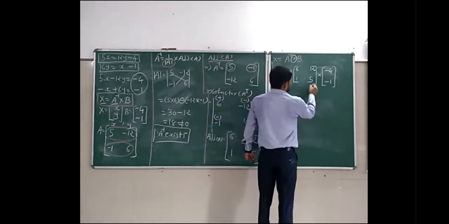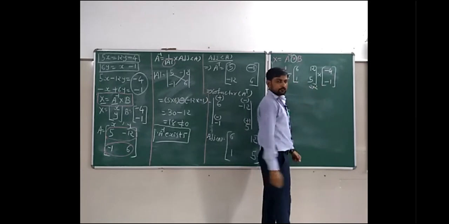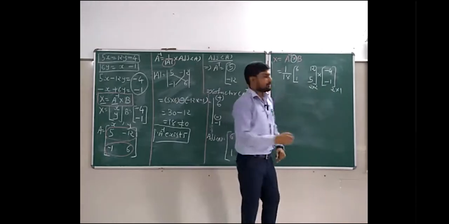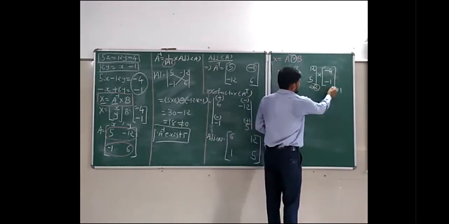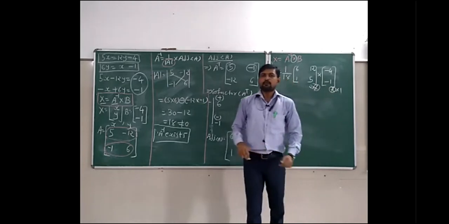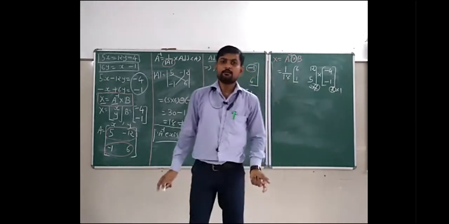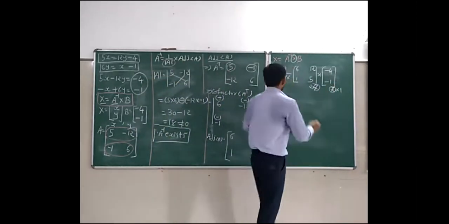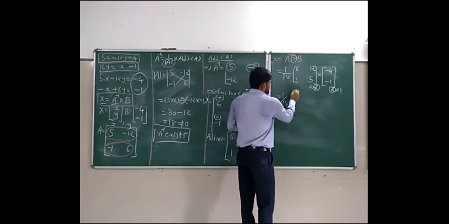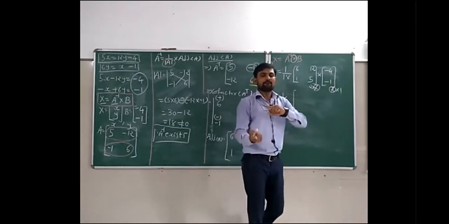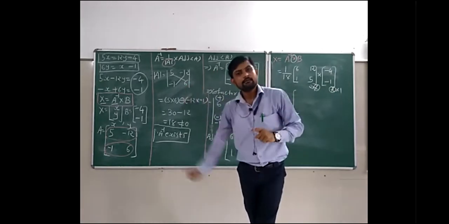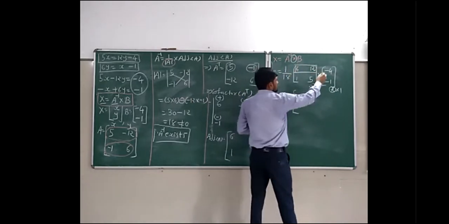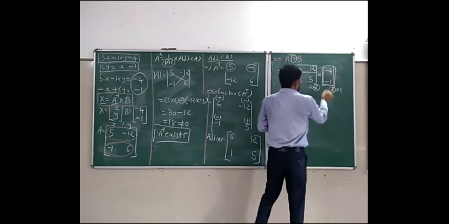So now here the order of this matrix is 2 by 2 and the order of this matrix is 2 rows, 1 column, 2 by 1. When you multiply, the total columns of the first matrix and total rows of the second matrix will be cancelled, and you will get a new matrix of order 2 by 1. That means you will get a matrix like this. Okay. So 1 upon 18 as it is. First we will multiply and then we will divide. So division will come at the last stage. So first we will multiply first row with first column. Clear?